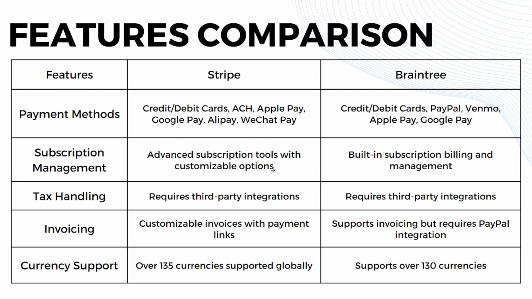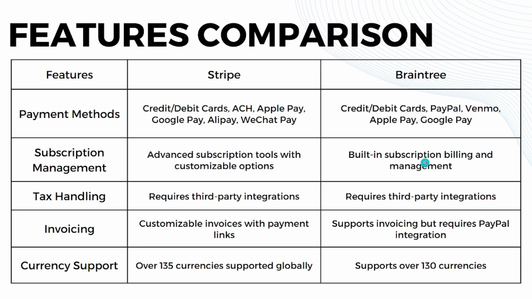So now let's go directly to the features comparison. So let's talk about payment methods. When it comes to Stripe, they offer credit and debit cards, ACH, Apple Pay, Google Pay, Alipay, and WeChat Pay. While Braintree offers credit and debit cards, also PayPal, Venmo, Apple Pay, and Google Pay. And when it comes to subscription management, Stripe has advanced subscription tools with customizable options, while Braintree